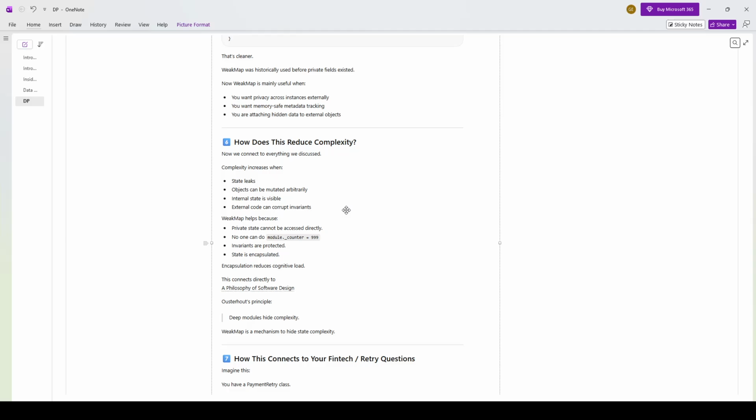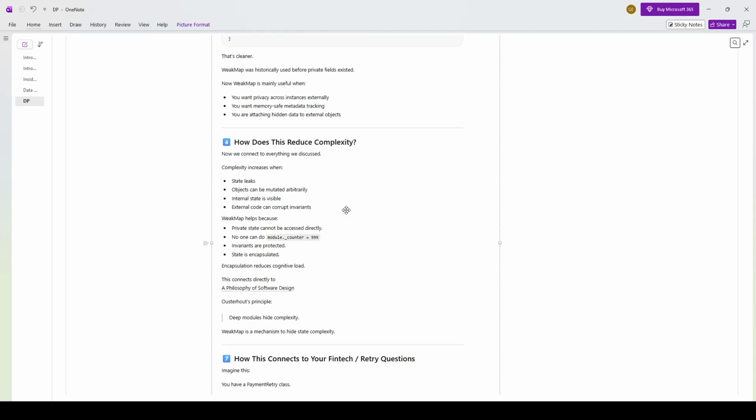Internal state is visible. You don't want internal state visible, because that's implementation versus interface. You don't want implementation to be shown. External code can corrupt invariants. So if you have invariants that do not change, you don't want external code to accidentally change those principles